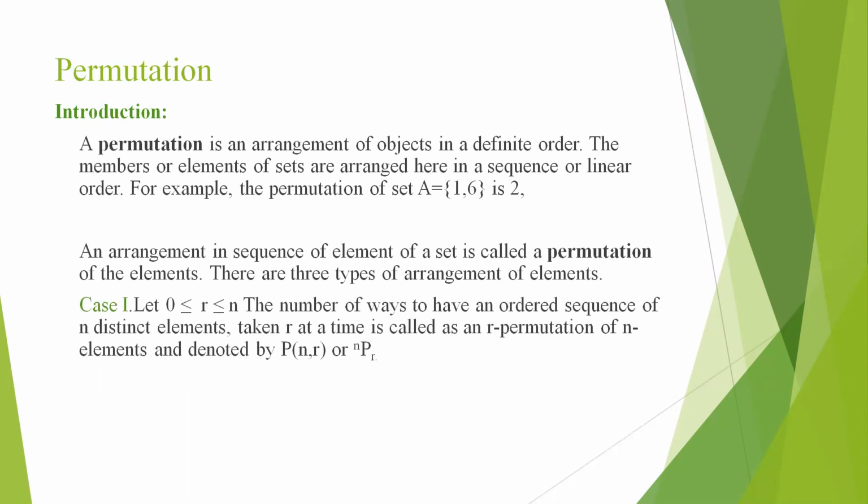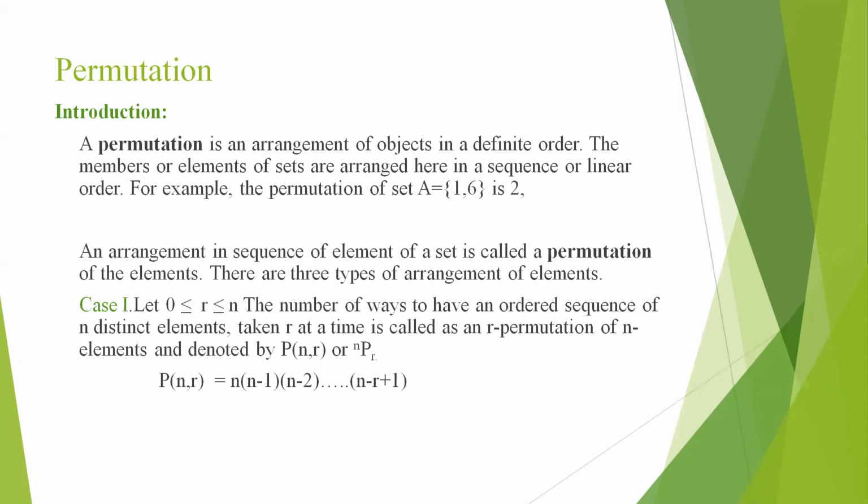The number of ways to have an ordered sequence of n distinct elements taken r at a time is called an r-permutation of n elements, and it is denoted by P(n, r) or nPr. So the formula for permutation on a total of n, if we are choosing r elements, is